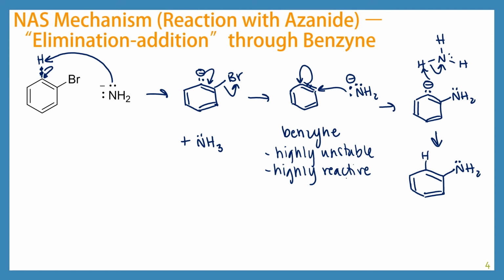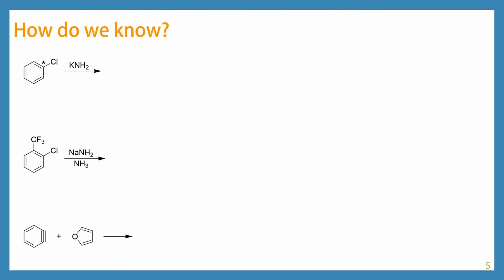Now you may be wondering, how do we know that it goes through this crazy benzyne intermediate? If it's so unstable, why would it even form? So the ways that we know are that we can run different tests. So in this first example, we have taken chlorobenzene, and the carbon that has the halogen on it has been radio-labeled using carbon-13. So that asterisk indicates to us that is a carbon-13 atom, which we could track through carbon-13 NMR. Now we react it with potassium azonide,